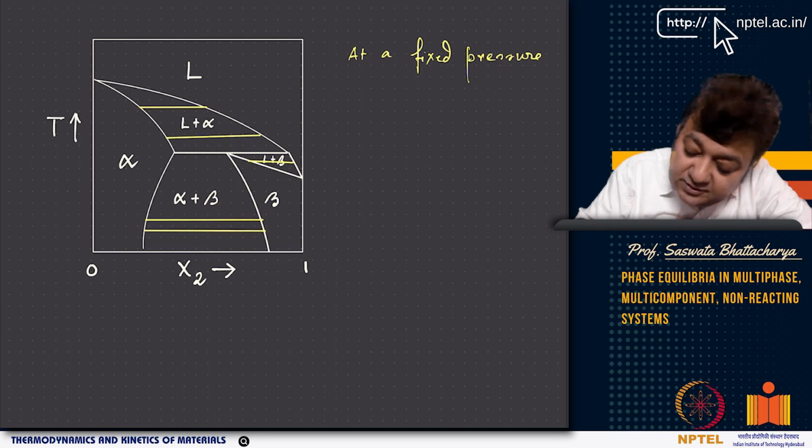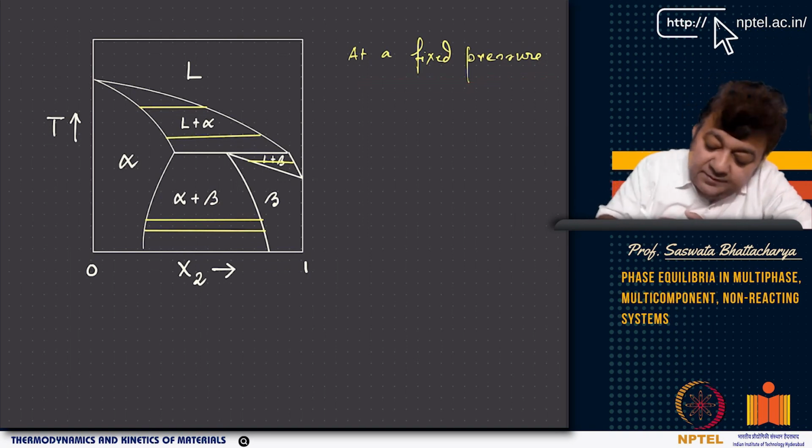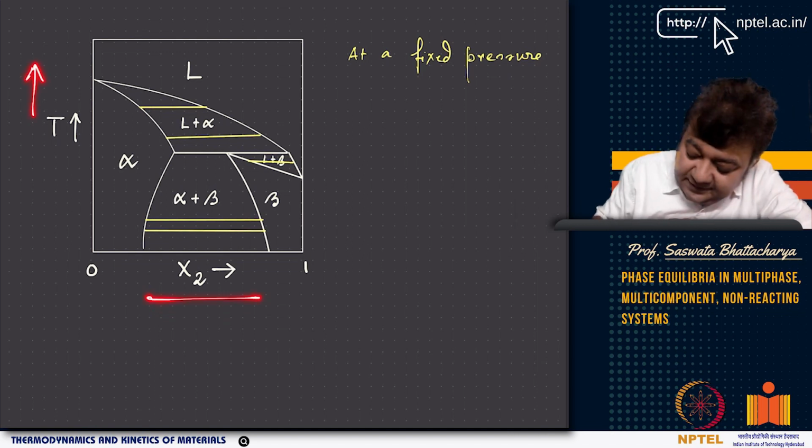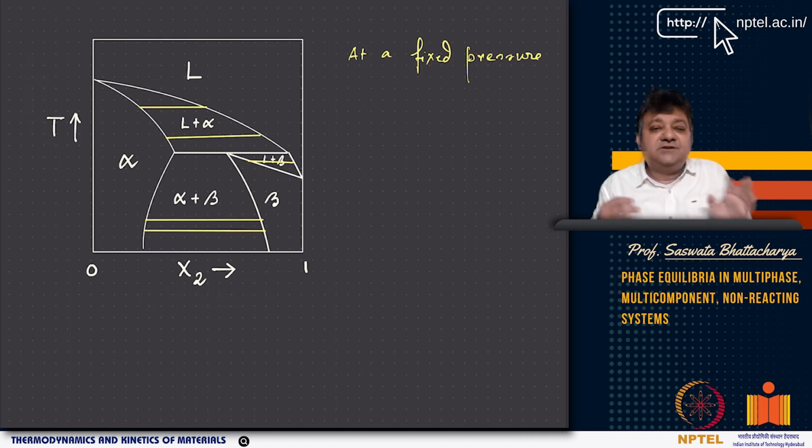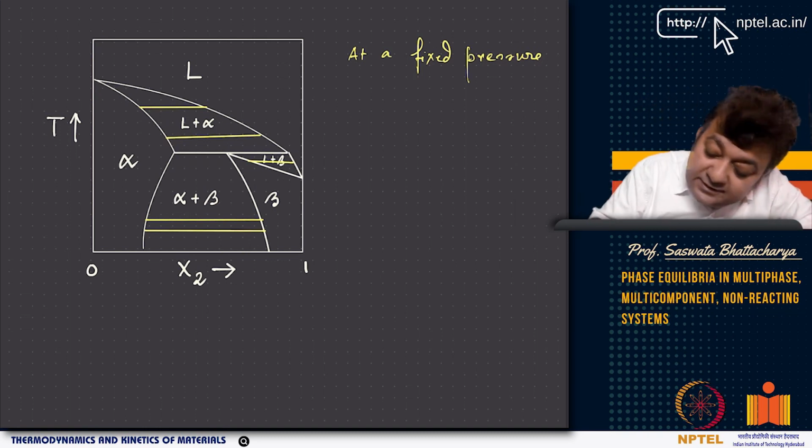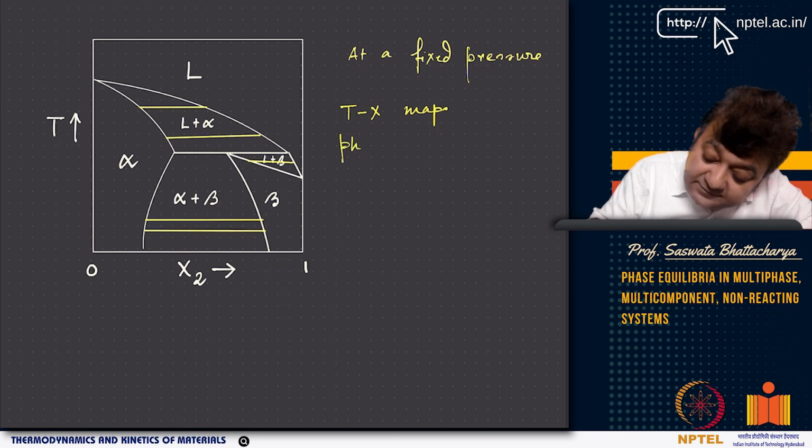The diagram is now much more clear because it's in 2D. You have a temperature axis, the y-axis, and you have the composition axis. Again, you can make it a temperature versus activity diagram. There are various ways you can look at phase stability maps, but one of the most convenient ways, particularly in condensed systems where you have liquid phases and solid phases, is looking at these TX maps. And these TX maps at a fixed pressure are called phase diagrams.